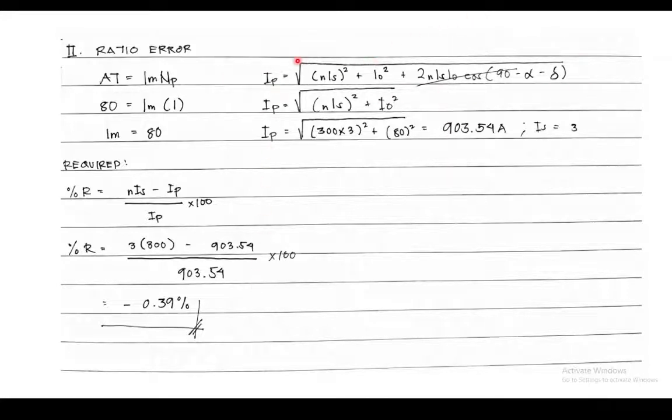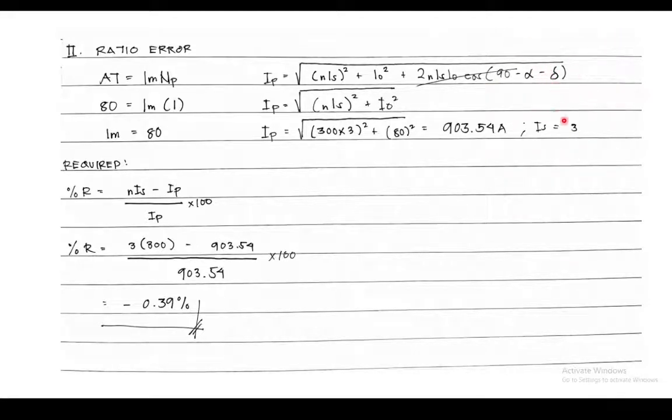So, IP is equals to, or dito na lang para mas madali, IP is equals to square root of NIS, or the reflected secondary winding current squared plus excitation current squared plus 2 reflected secondary winding current times excitation current times cosine